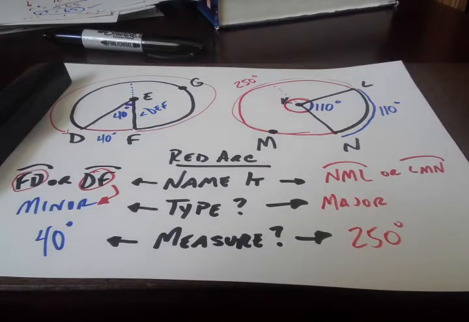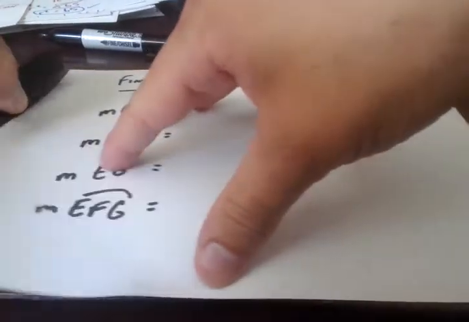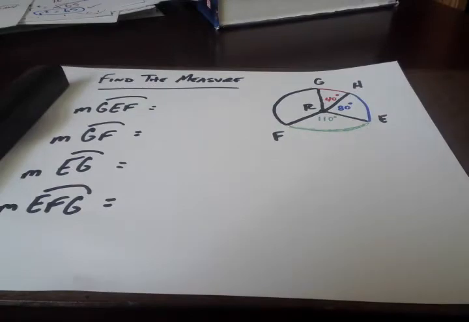Okay, let's go over a page to 602. We're going to try example 2 here. And I'm altering this one a little bit. They only asked for one thing, which I think was the measure. Remember, we measure arcs in degrees. The measure of GEF, and this is